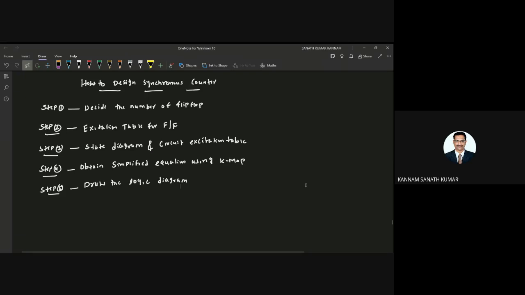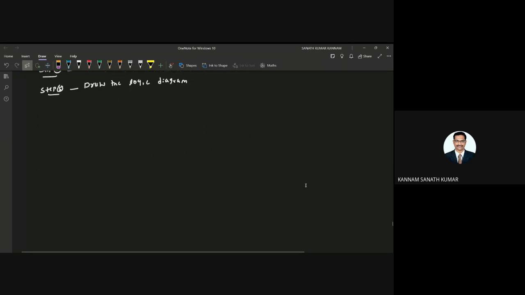Okay, so first I am designing a 2-bit synchronous up counter.